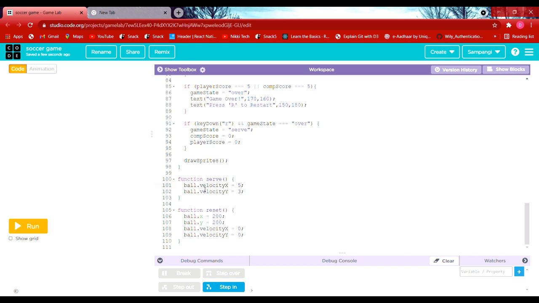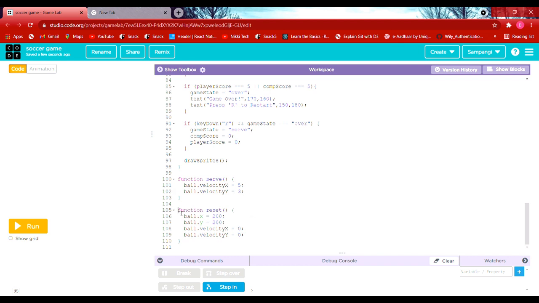So I will tell you what velocity x is. Velocity x moves the object rightwards; when we give velocity x, the ball moves to the right side. Velocity y is given so that it moves downwards, not left. So the ball should move both right and downwards, and both should happen at a time.